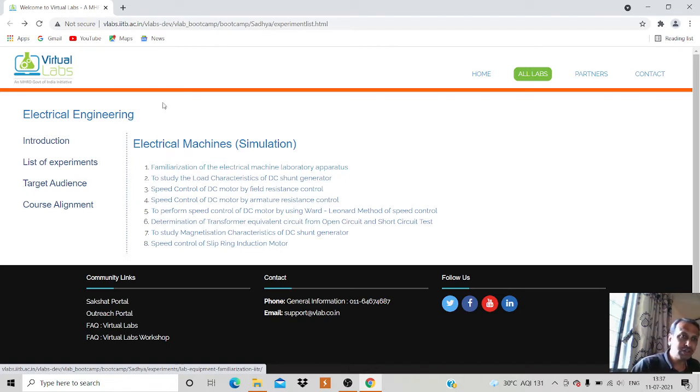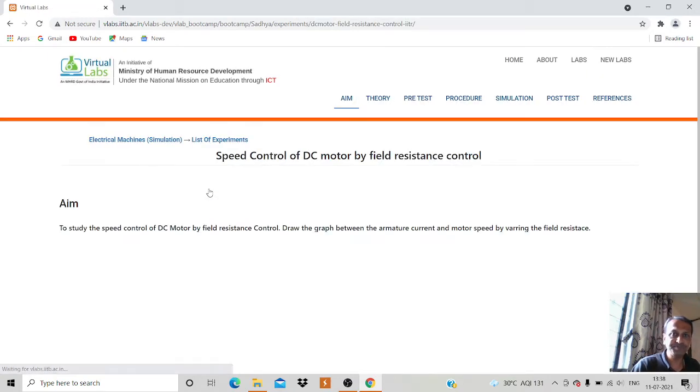So, I will introduce one platform of virtual laboratory created by IIT Bombay, an initiative under the Ministry of Human Resource and Development, Government of India, where you can perform experiments at your end and draw some concrete conclusions based on that. Today I will introduce speed control of the DC shunt motor by field resistance control.